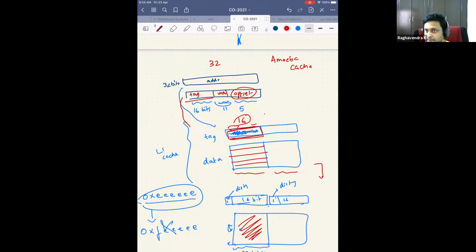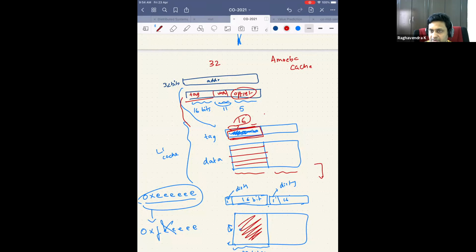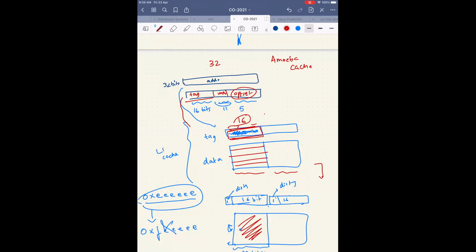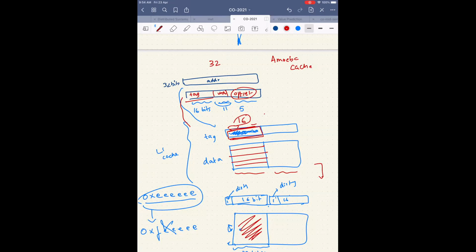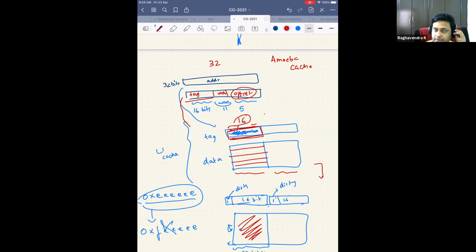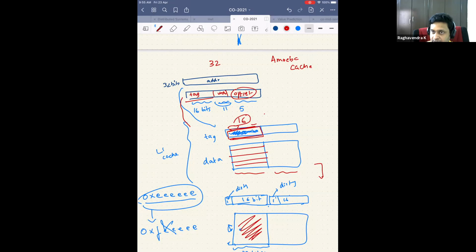Is this okay? Yes, sir. Sir, is there any distinction between what is called address tag and what is called just tag, like with and without the modified bit? No, there is no difference. Generally, when you say tag bits from the cache point of view, it includes the dirty bit, modified bit, whatever extra bits you want to add. In the address, when I say you split the address into tag bits, I am no longer talking about any of those extra bits. I'm just talking about the address tag bits. By looking at the context, you should be able to figure out what is happening.